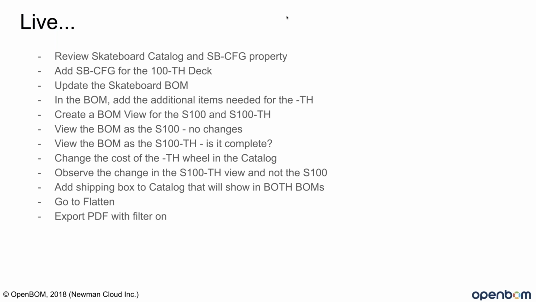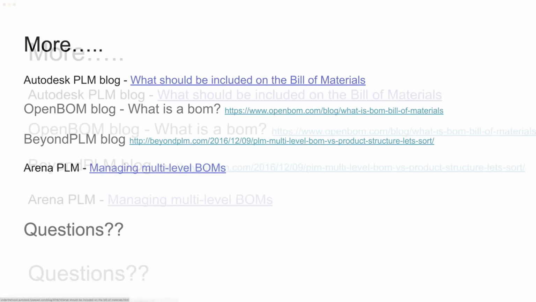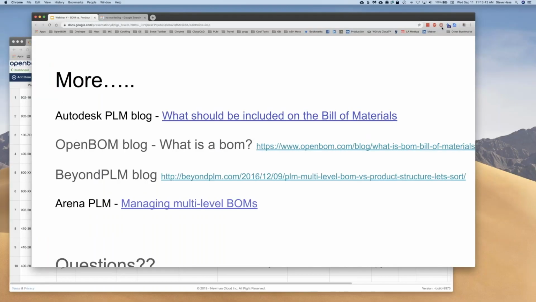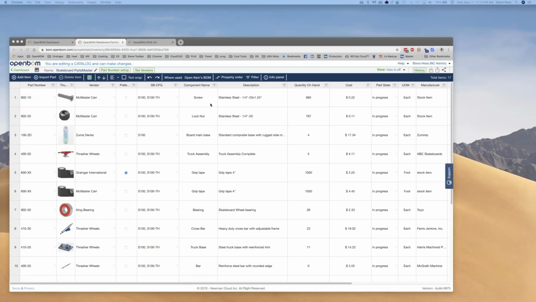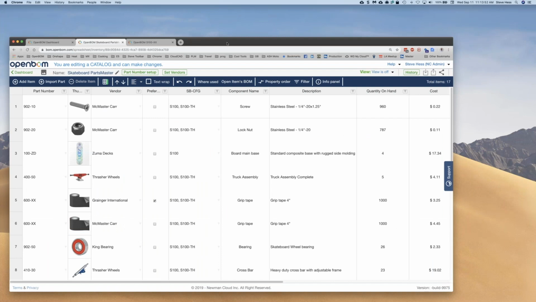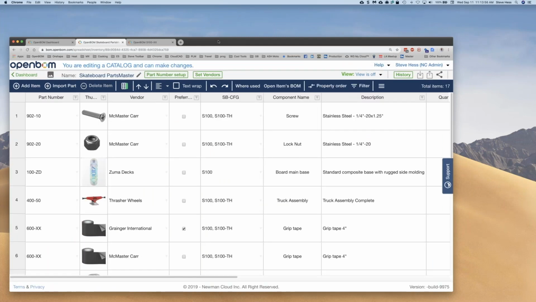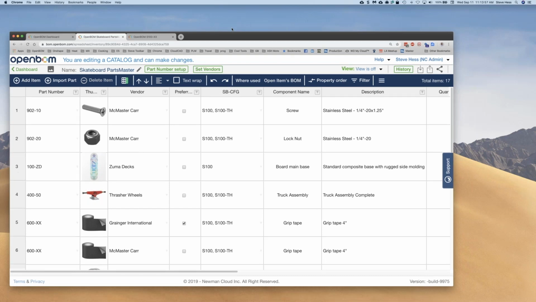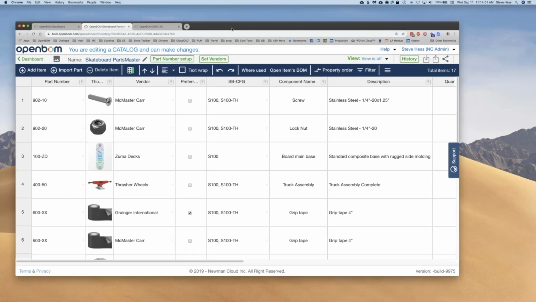Okay, let's go ahead and get started. I'm going to move this off to another screen so I can keep an eye on it, and I'm going to return back over here. Let me increase the size here so this is perhaps a little easier for you to see. Okay, I've moved the presentation off of that screen, and we're now looking at